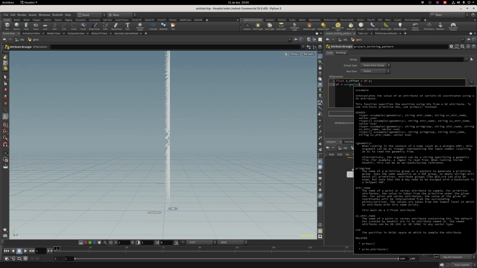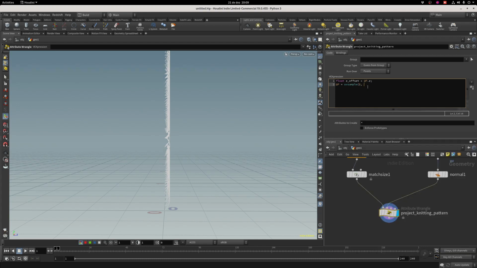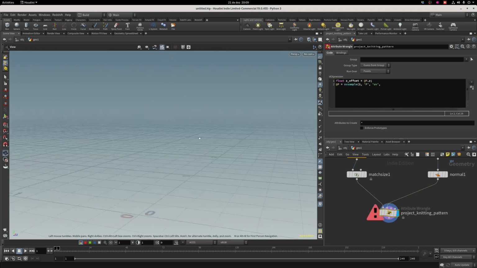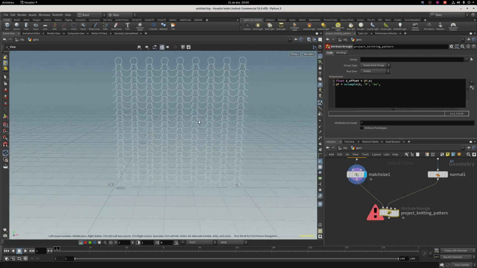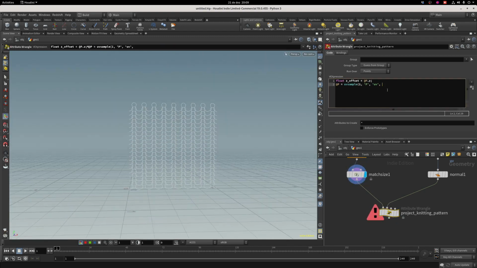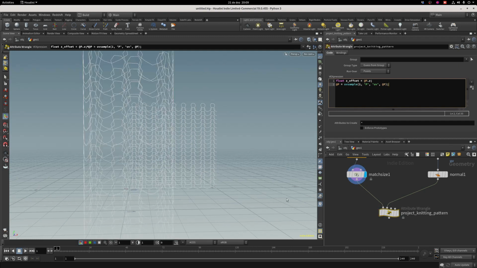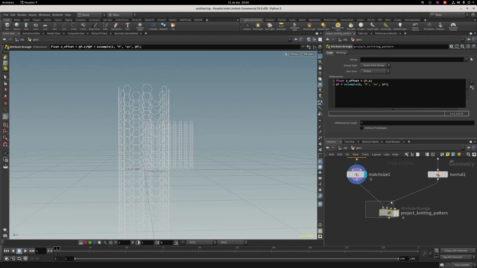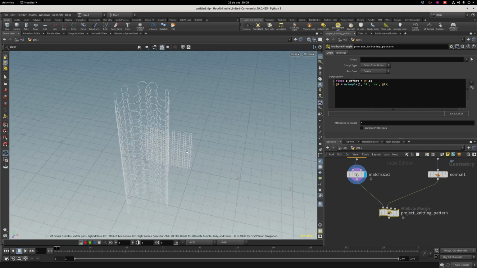So this is going to query, in our case, the point position attribute, so the p attribute, using the uv attribute as a reference, and the actual uv values will be the point position of this squared pattern. So we can use at p directly, right? That's it. You can see right away it's projected to the tube, but it's also flat